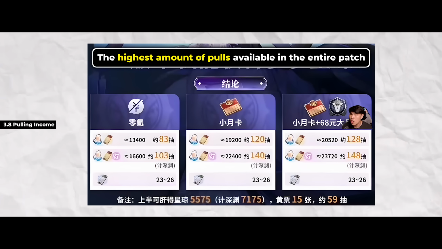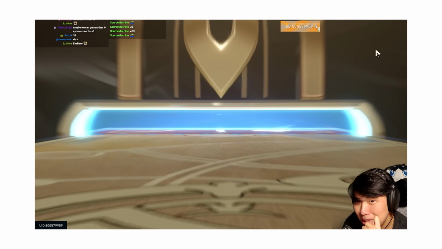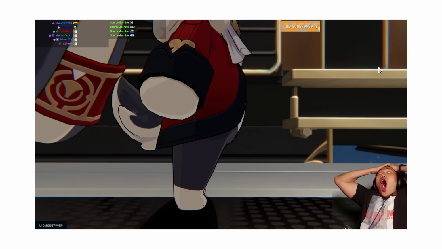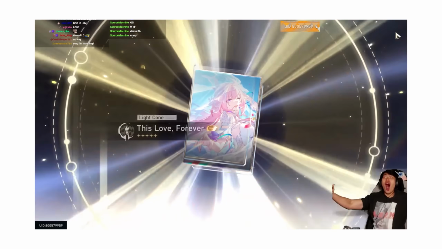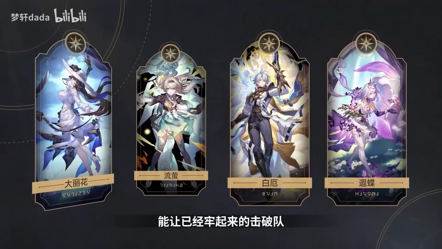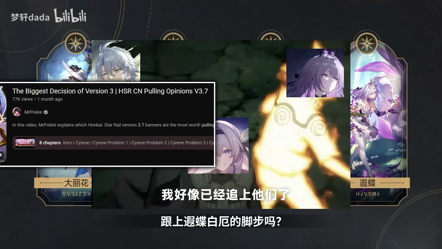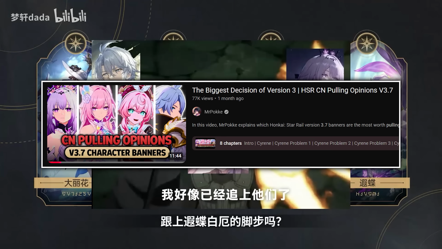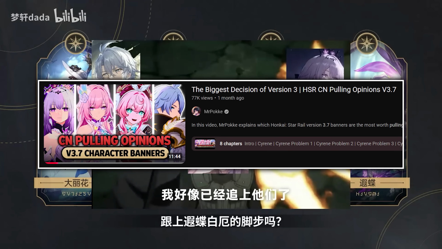So with that in mind, you could go ahead and try being greedy and stupid for version 3.7 banners, like getting a Cyrene eidolon, right, getting her signature Lightcone, pulling for E2 final, whatever it's gonna be, or simply chill for version 4, especially if you have no intention of playing Super Break. I just want to say that it's pretty funny that version 3.7 has some of the more difficult pulling decisions for the players, especially for those who skipped Hyacine, and now we finally get a relative breather to prepare